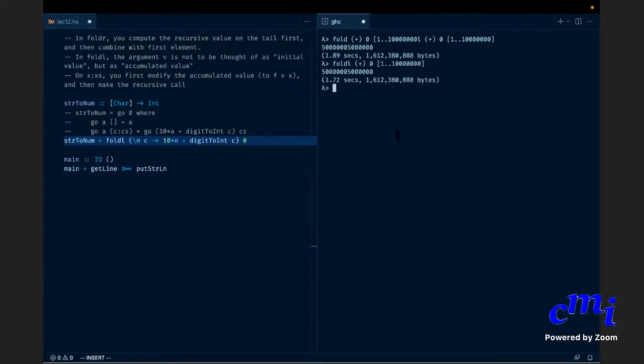You see that this also requires time. Not that fold L is being this thing, but if I try something called fold L prime, even 0.